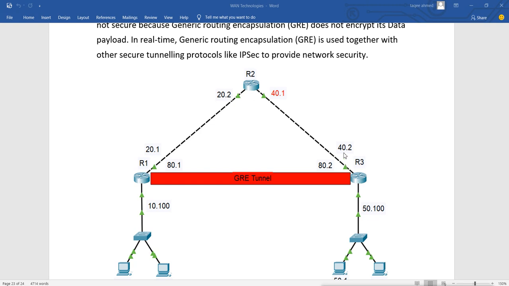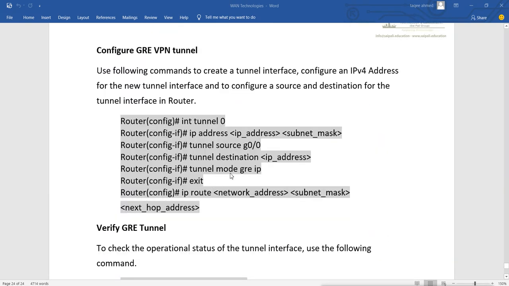So the destination will be this IP 40.0.0.2 in this design. This IP will be the destination IP for the tunnel. So the tunnel will start from this interface of router 1 and end on this IP at the other end.